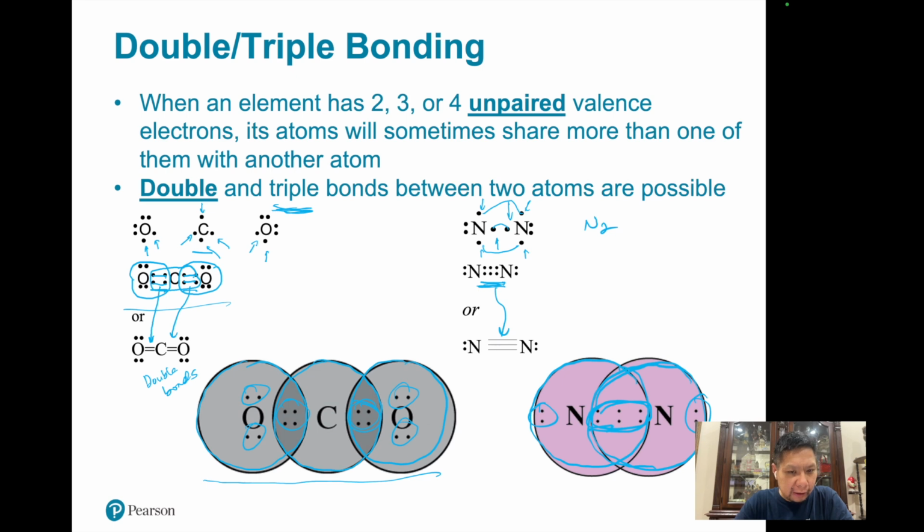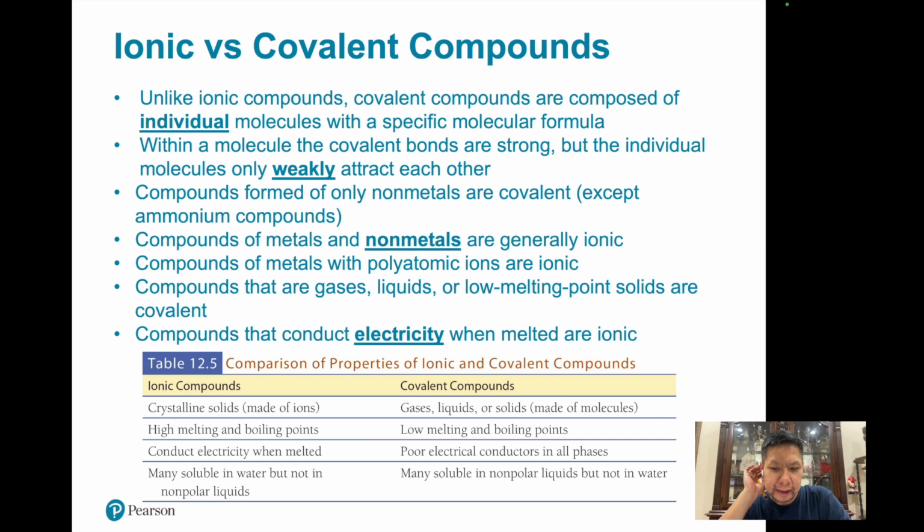But for a covalent bond, or a covalent compound, these electrons are being shared. So each of them has equal ownership of the shared electrons, and each of them will have eight electrons from that shared ownership. Okay. So let's compare and contrast a little bit the difference between an ionic compound and a